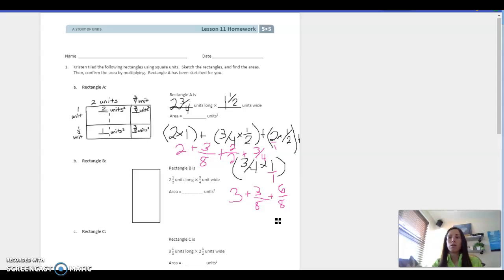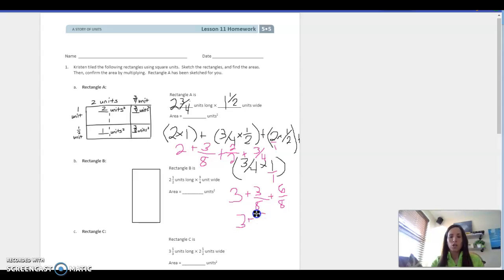3/4 is equivalent to 6/8. They are the same fractional amount. If I were to cut the pizza into 6/8 or 3/4, you'd be getting the same amount. Okay? So 3 plus 3/8 plus 6/8. Now I can add these two fractions together. 3 plus 6 is 9. So now I have 3 plus